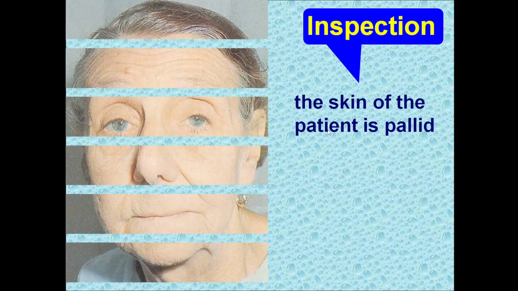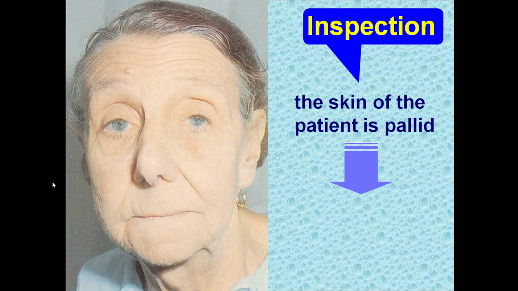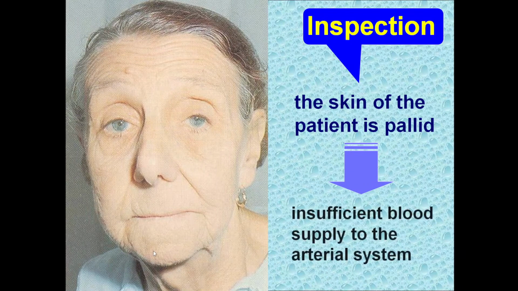On inspection, skin of the patient will be pale due to insufficient blood supply, and in clinical practice we distinguish red heart defect, patient with mitral stenosis and mitral regurgitation. You remember facies mitralis, bluish red color of face. And white heart defect, aortic heart defect, when the skin of the patient becomes pale,